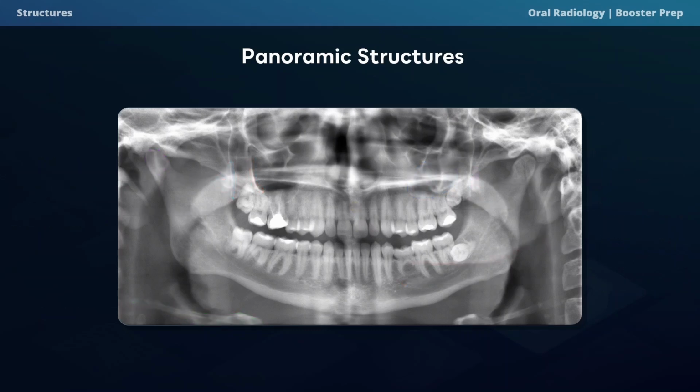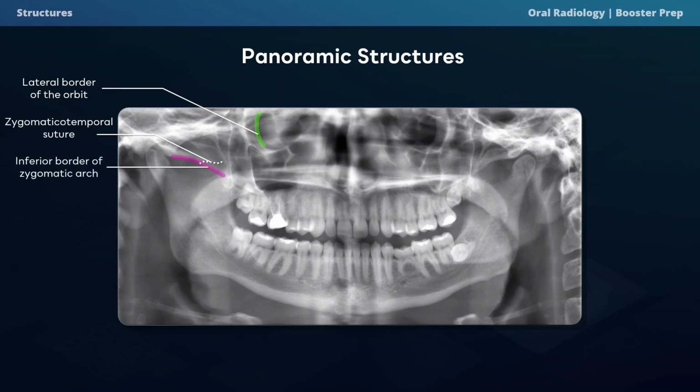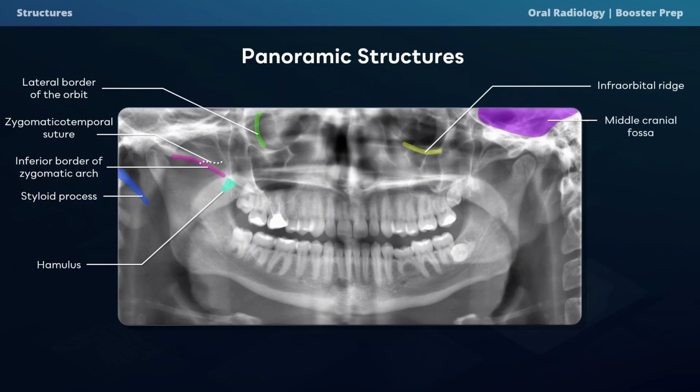Moving on, we have the lateral border of the orbit, which is a radiopaque outline of the eye socket, the zygomatico-temporal suture, which is the suture between the zygomatic and temporal bones, the zygomatic process, which is a radiopaque U or J-shaped structure above the maxillary molars, the styloid process, which is a thin radiopaque projection extending downward from the temporal bone, the hamulus, which is a hook or finger-like projection from the medial pterygoid plates, the infraorbital ridge, which is a radiopaque line below the orbit,